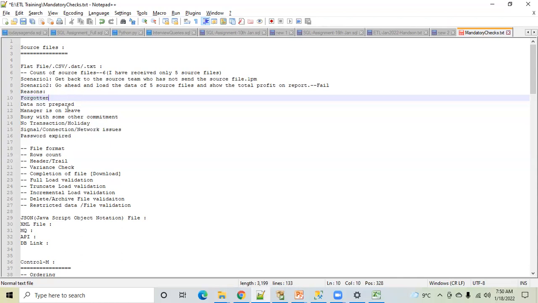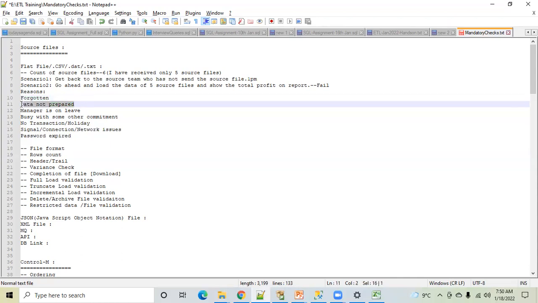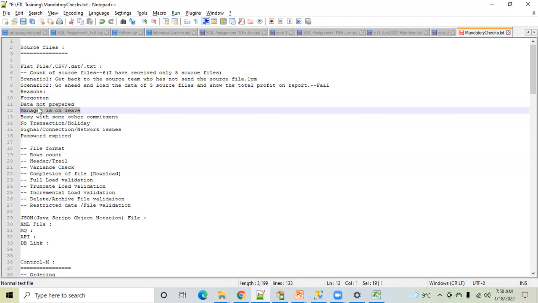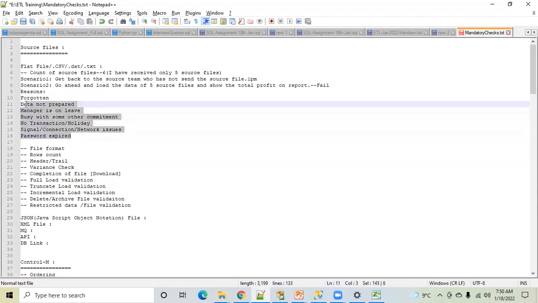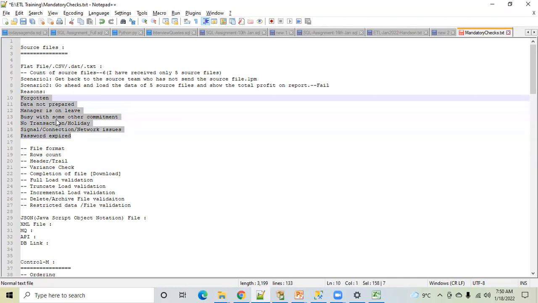So data not prepared, yes, this is also possible. Maybe that particular day was a festive season, and they opened the shop late into the night and have not prepared the data. Manager on leave, busy with some other commitment, no transaction, holiday, all these reasons are possible. Because of these reasons, they have not sent data to us.